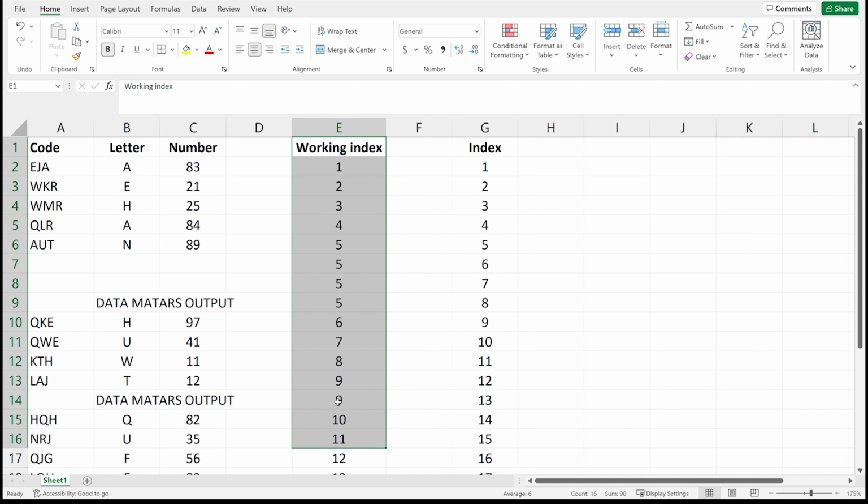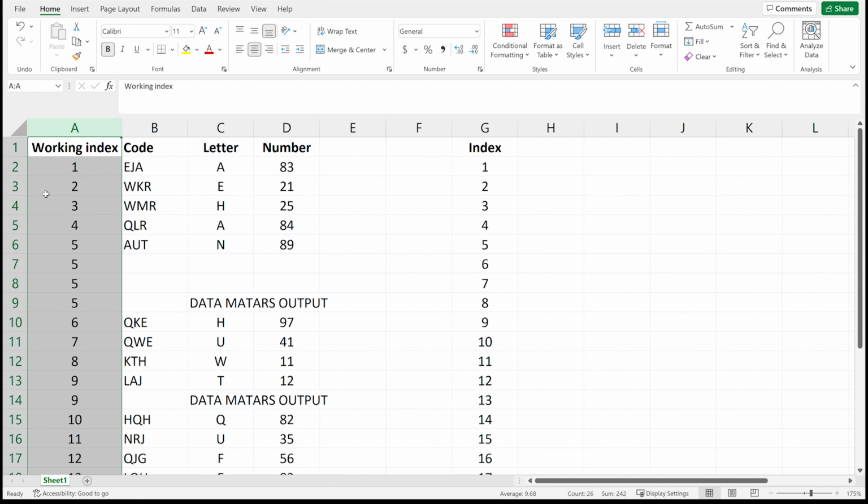You could select the whole lot like this, or you could click that E at the top. And I'm going to move this so it's on the left hand side of the data. Now I'm going to move that by hovering over the edge of that column. I'm getting this 4-directional arrow and I'm dragging. That's going to go over the top of the code, so if you hold the Shift key while you drag, you're going to get an insertion line where it's going to go between columns instead of over a column. And if I let go of the mouse first and then Shift next, we've got our working index